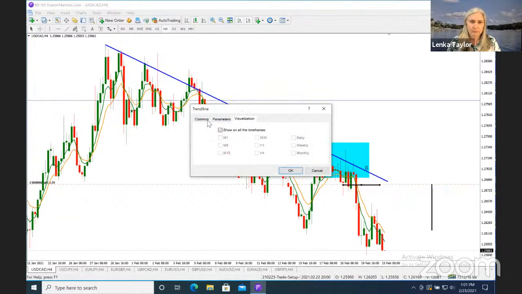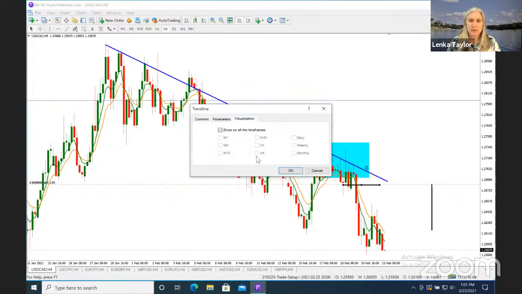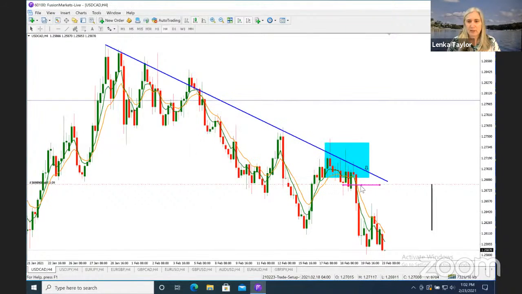Let's see. There we go. So that was the entry, and the original stop loss was just above there. And now it's already at break even. So that was the trade from last week. No trade going on that one at the moment. I'm not placing a new trade on there. All right,